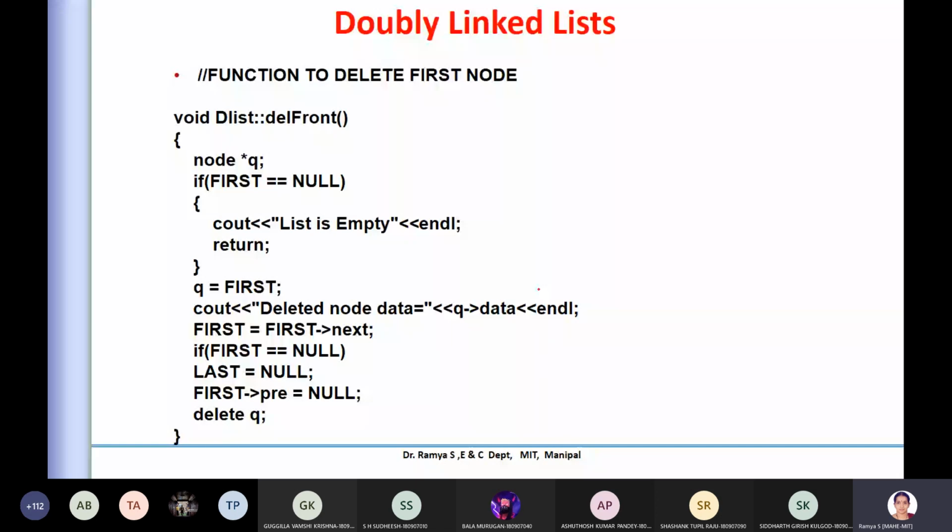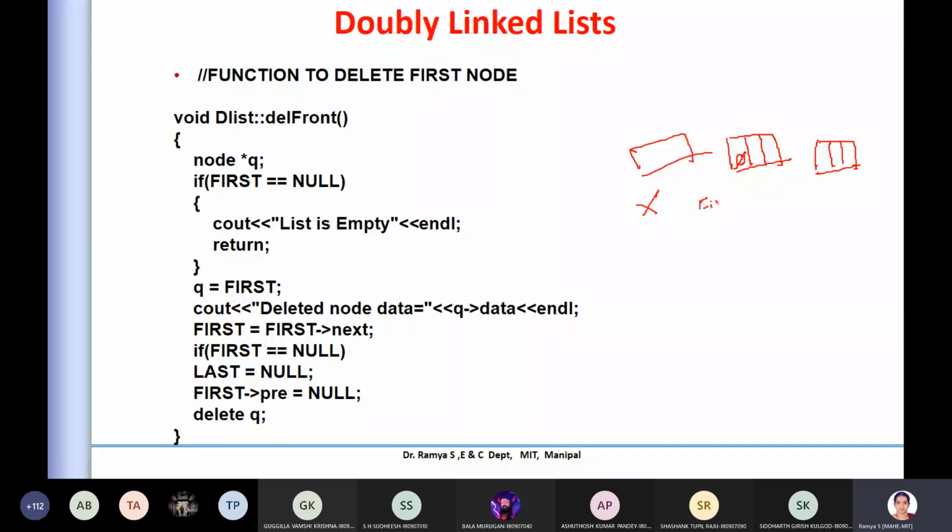If I want to delete the first node, say I have 3 nodes, I want to delete this one. So what is the change? That is important to note. This will not change because you are not changing the address of this. But there is a change in this address. You have to store this as null, because when you delete the first node, this has to be null, and the pointer which is assigned initially as the first has to be reassigned to this value.